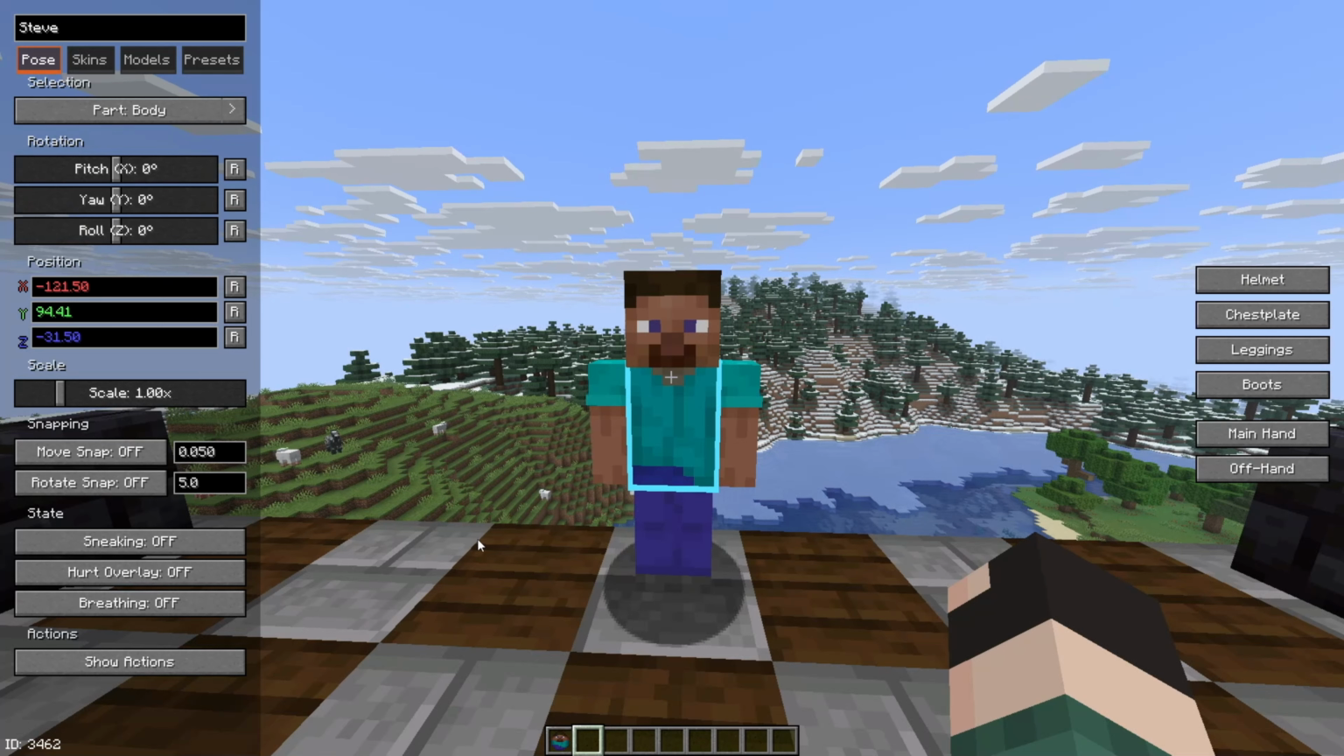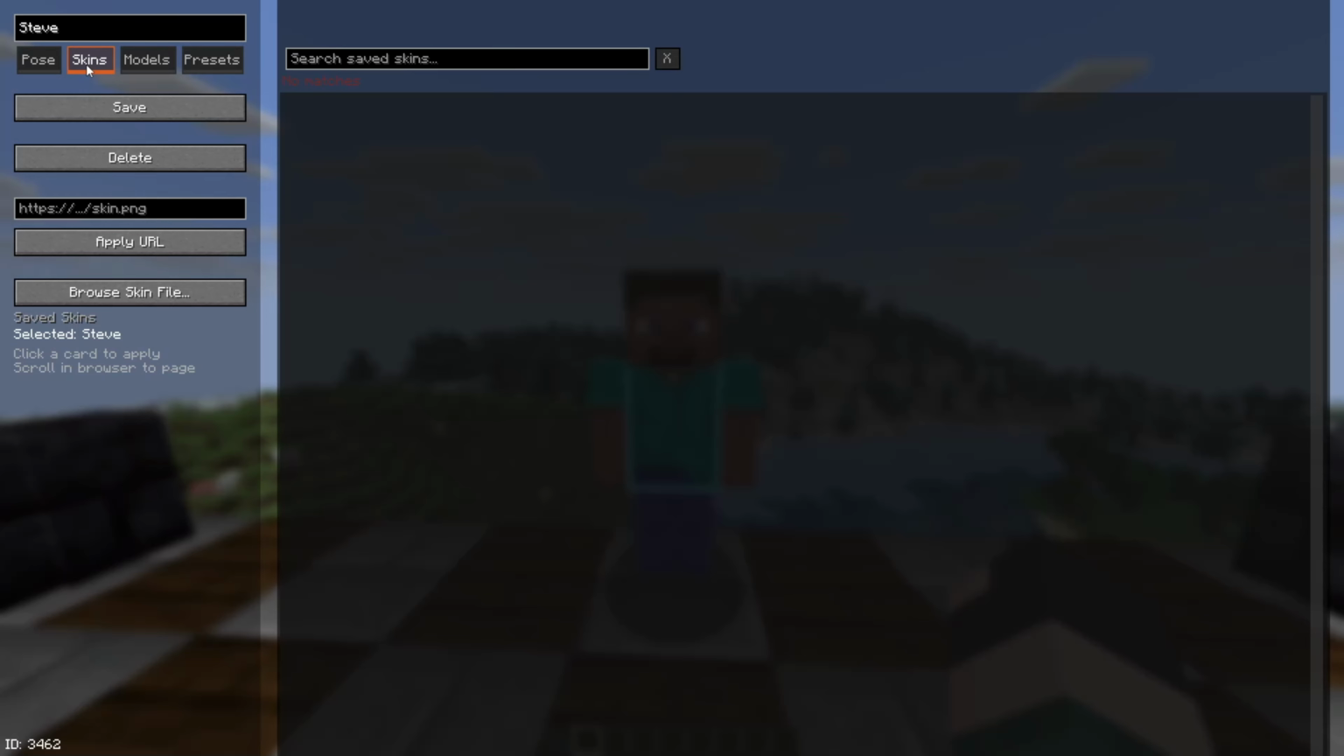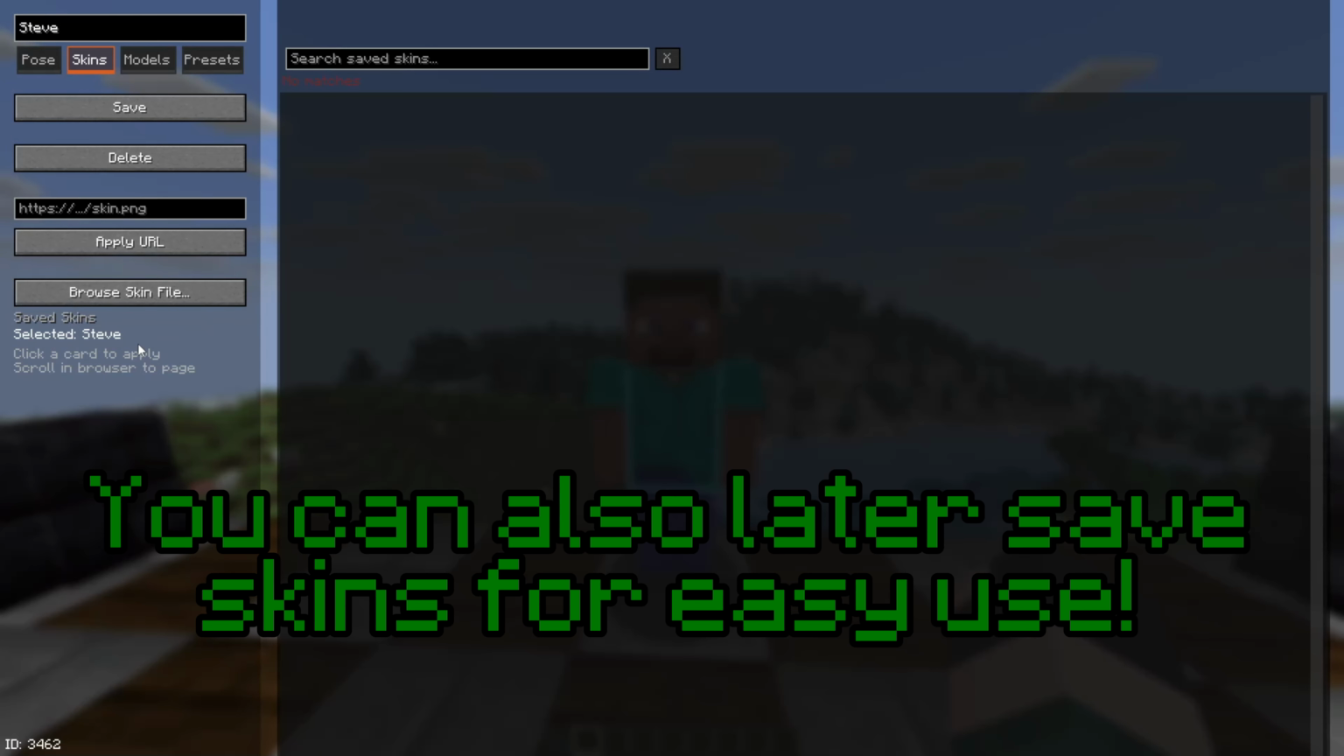From here, we've got a lot of options, but they're a lot simpler than they seem. Starting off with your name, you can name this whatever you want. I'll do test. And we have 4 tabs: pose, skins, models, and presets. I'll go over them one by one. I'll start with skins, as most of you probably want to give your mannequins custom skins. To do so, you can browse for skin file, which will open your file explorer and you can find your